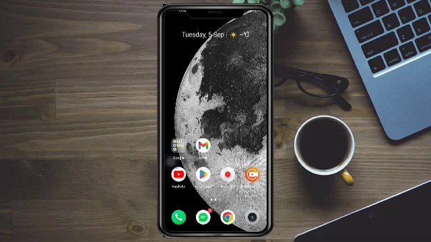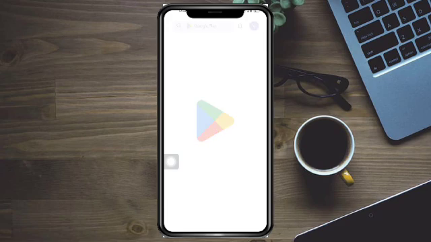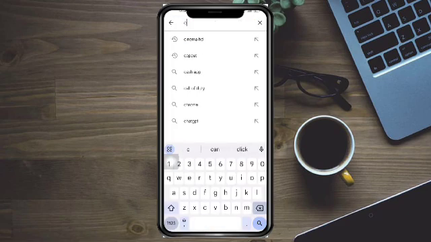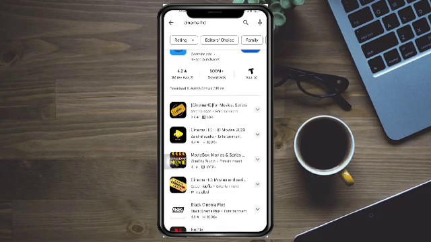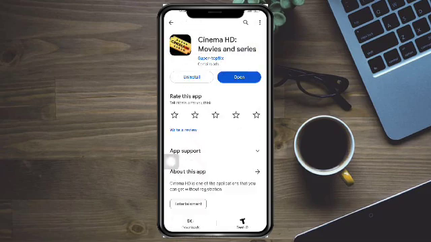So to do that, what you need to do is to head over to your Play Store and App Store and then search in here for Cinema HD. So once you're in here, make sure that Cinema HD is up to date on your account. So in here, make sure that if there's an update button, then just click that. Then the next thing you need to do is click on open right here and see if it is working